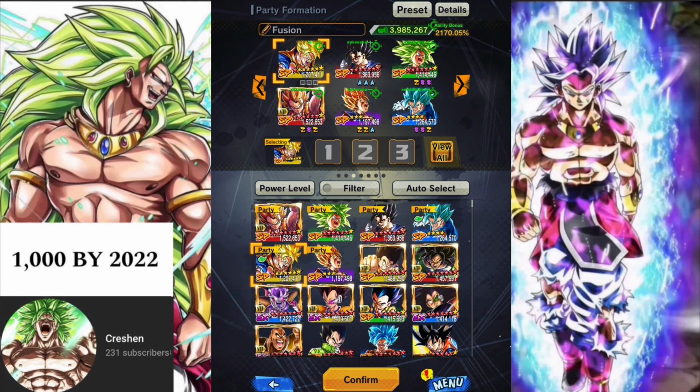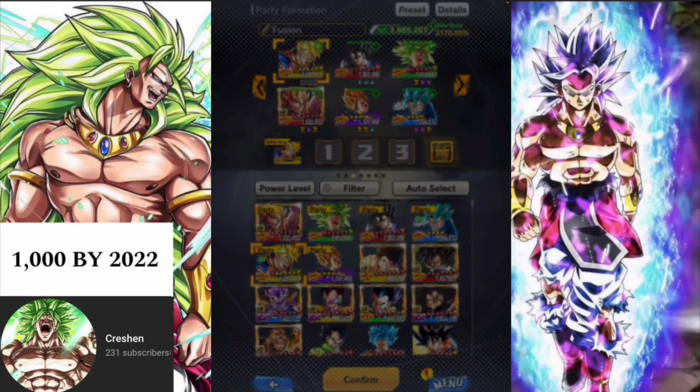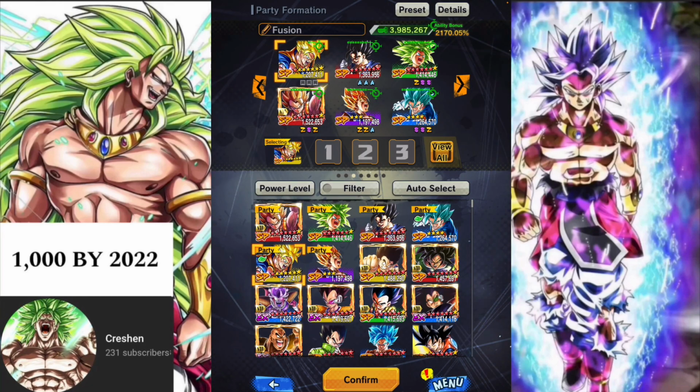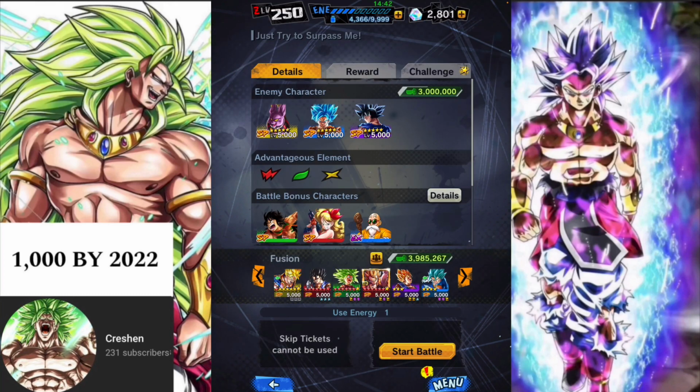If anything, you can basically make it auto-select the best team that you can make. Choose a tag and it'll auto-select it, something like that, and you can do that. Now, for this team, I have fusions. And there are 2 ways that you can tackle it. You can either do it where you're just constantly switching and dodging, switching and dodging,